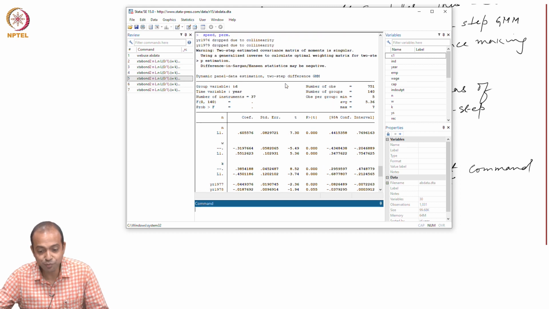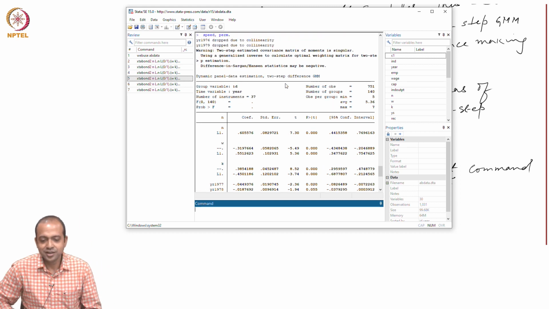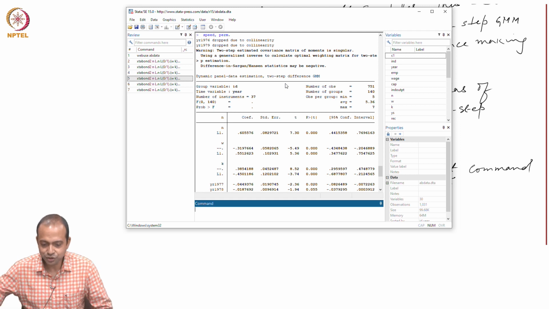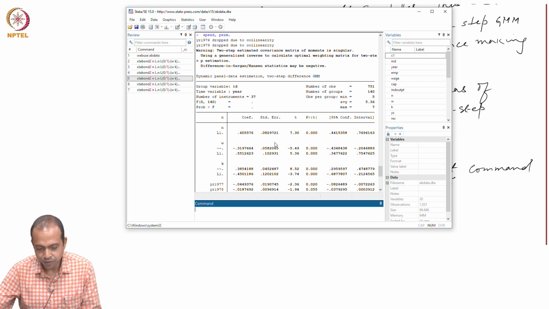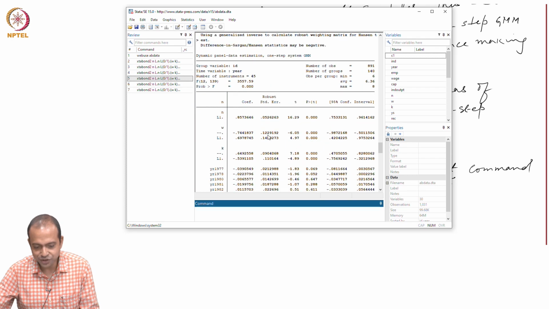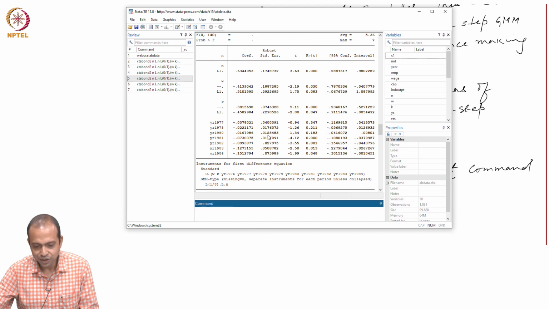When I put two step also, then the difference GMM is not actually able to ensure my estimate to lie between the theoretically defined bound. So, whatever might be its standard error, I do not bother. First of all, my estimate must lie within the interval. Since it is not, then what can I do? If you compare the standard error, it is 0.08. Earlier when we estimated this model, look at